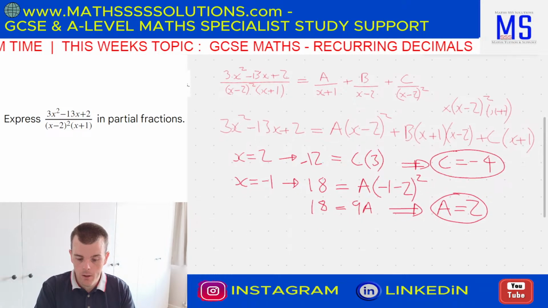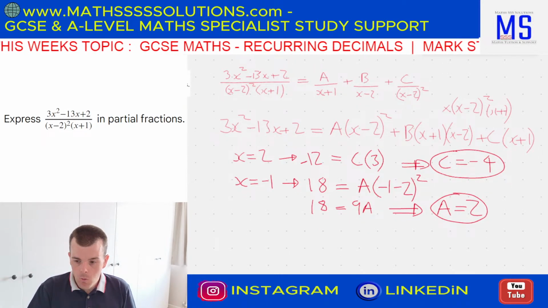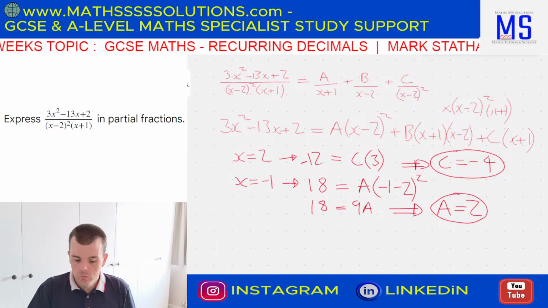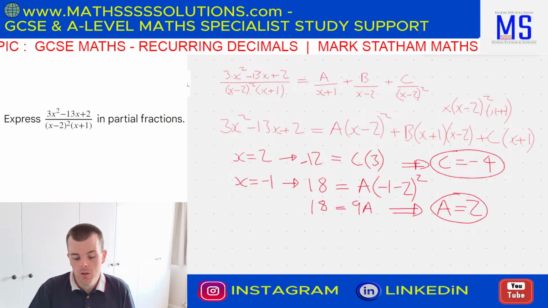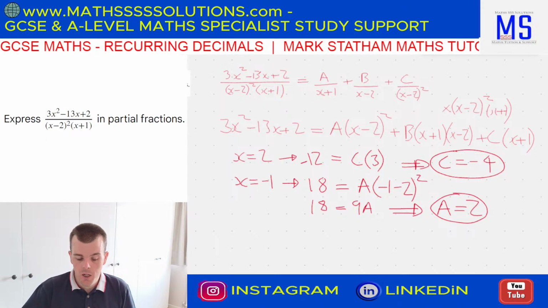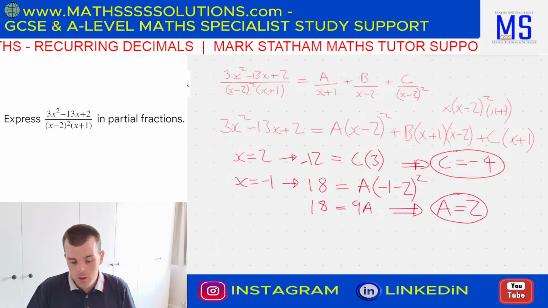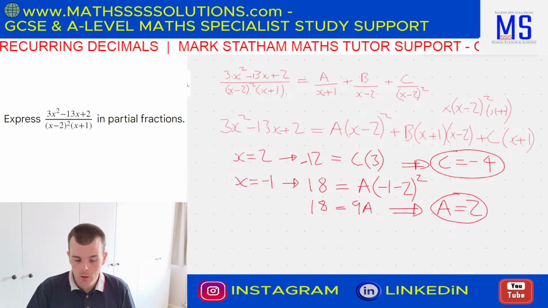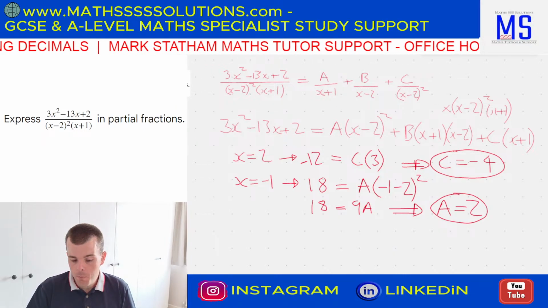Right, and this is where, well, if it wasn't tricky enough, you've got to think about where the b value comes from. Now, again, because it works for all values of x, you can sub in x equal to 0 and do it the same way as we've done before. But as you will know from all the partial fractions videos and lessons I've produced on YouTube or more on my website,